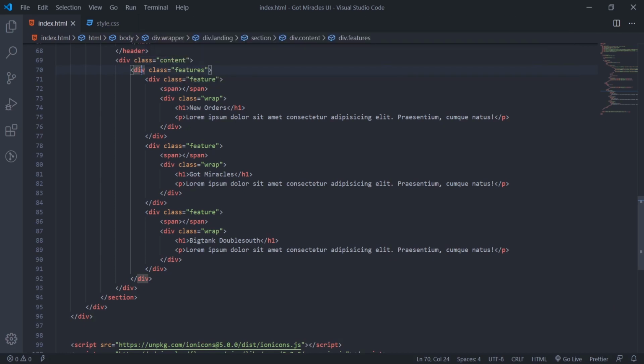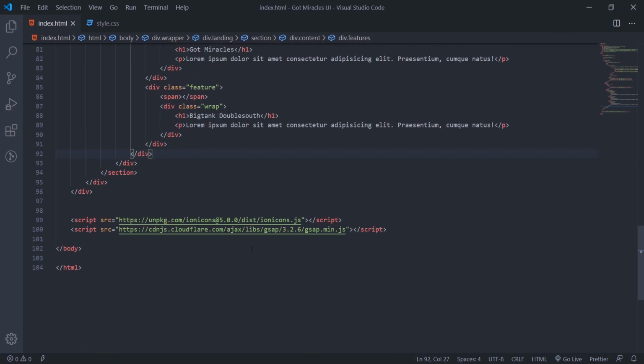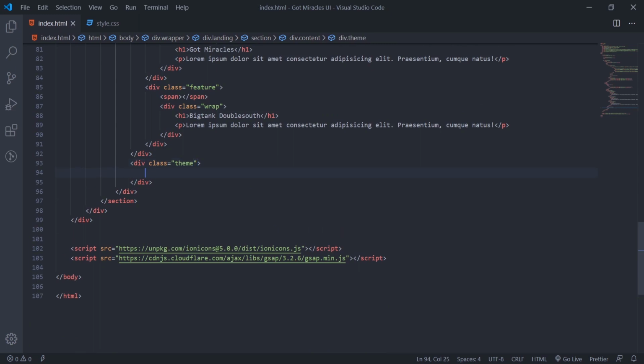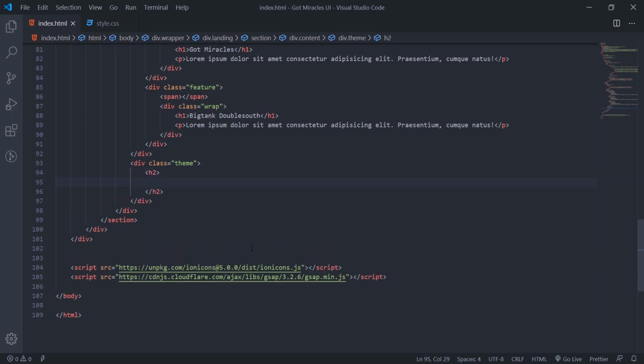Just after this features div here, I'll come down and create a new div with the class theme. Inside this theme, we'll create an h2. In this h2, we'll add a span with the class wrap, because I'm going to do animations.